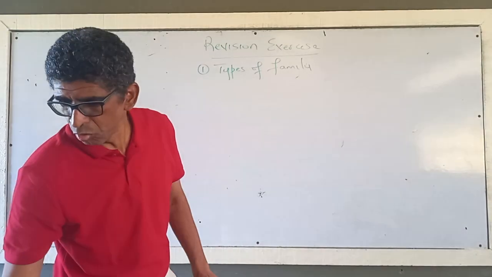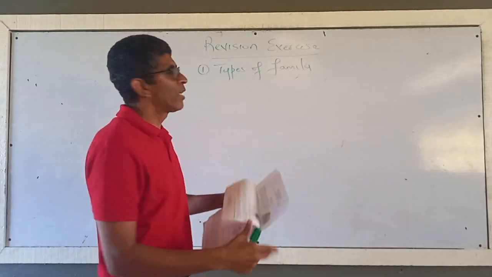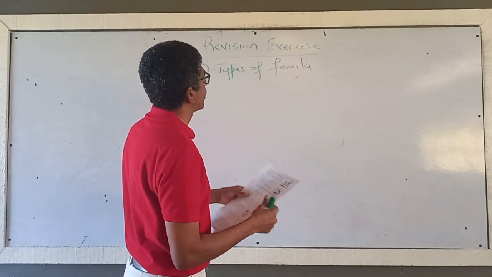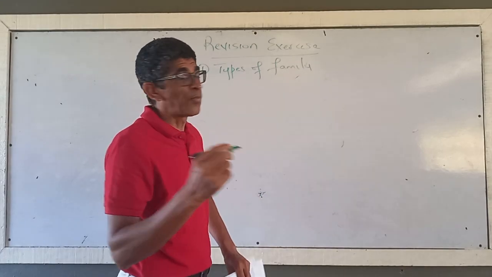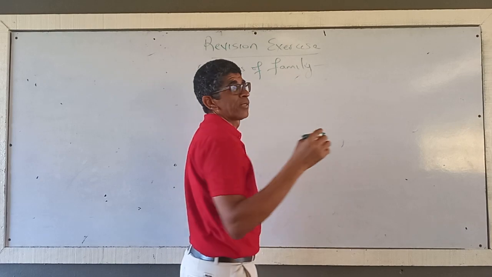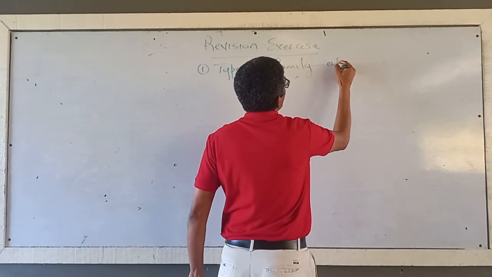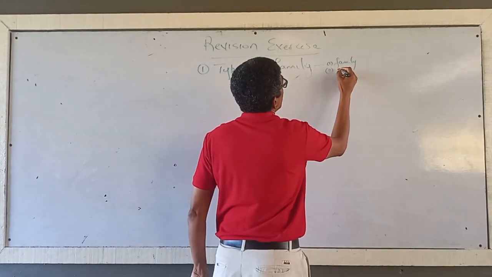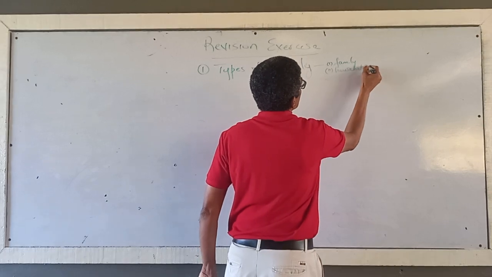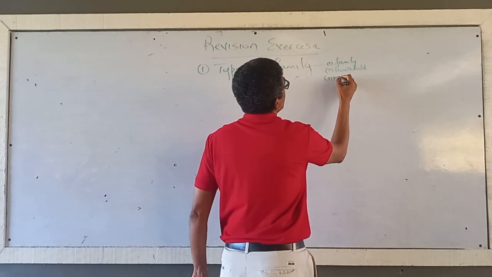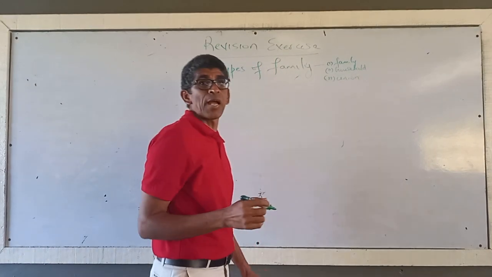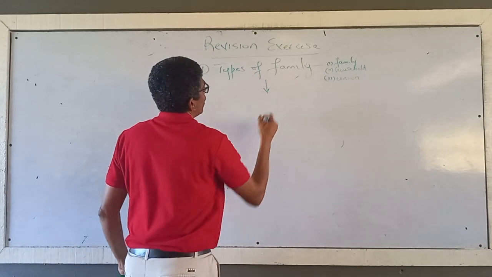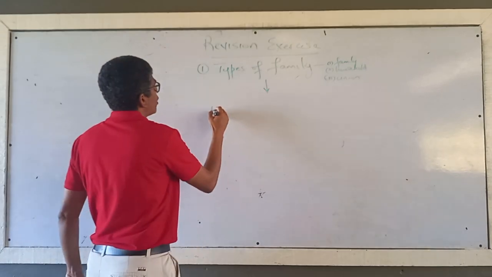Alright? So we are going to look at this topic under the three concepts that we just looked at. So we're asking what is a family. Alright, look at types of family. So remember now, when we talk about types of family, they can come in the form of one, family, as we understand family to be, two, household, and three, union. So we're going to look at the types of family under these three subheadings. So the first one we're going to look at is types of family. So what are the types of family that we know? We know there's a nuclear type,